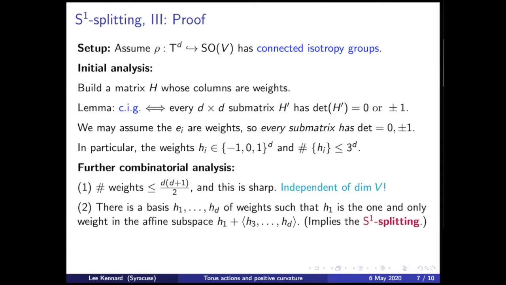So specifically for the splitting, there's a more technical statement. It again has the flavor that there are not that many weights. It says that you can find an affine subspace of codimension 2, such that there's only one weight in this affine subspace. All right, so a little more technical to digest, but if you're willing to believe this statement, it's pretty easy to prove the rest of the splitting theorem.